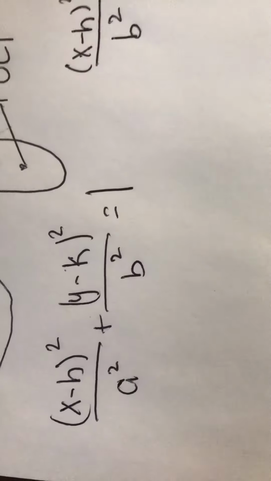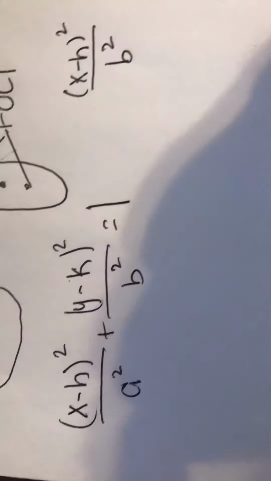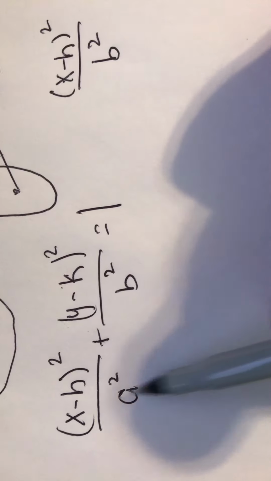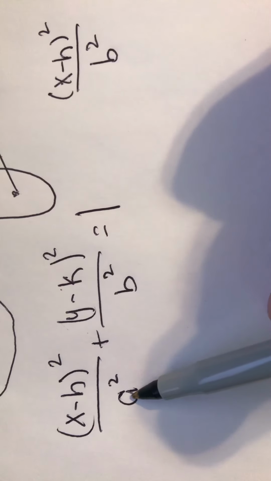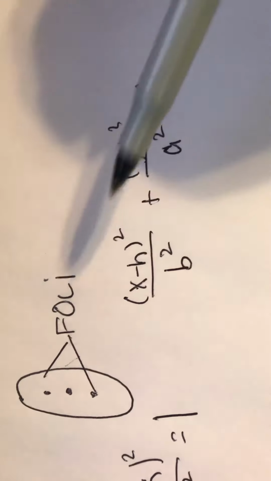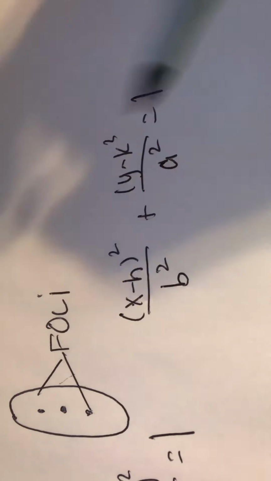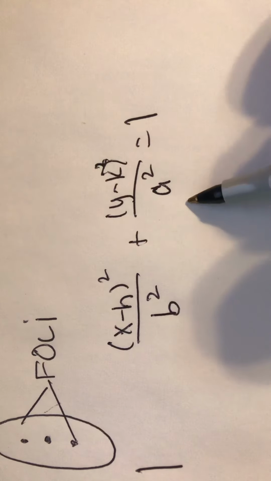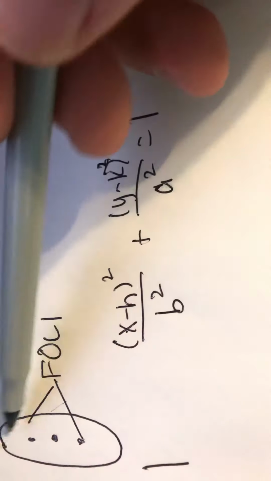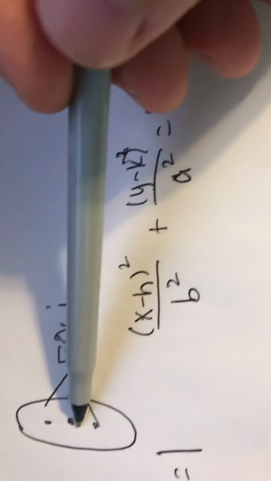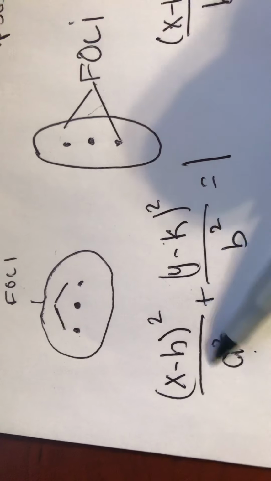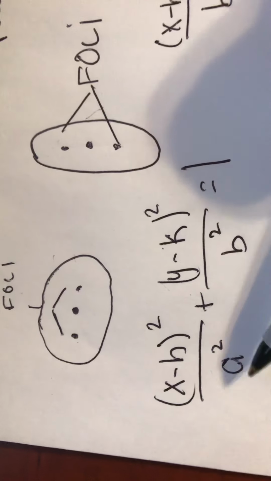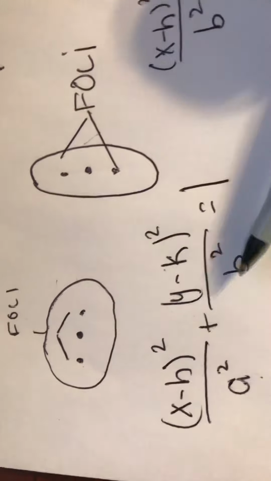Now, see the difference. In a horizontal ellipse, a squared is underneath the x coordinate. In a vertical ellipse, the a squared is under the y variable. Okay, that's important, because notice, it's longer this way if it's vertical, it's longer this way if it's horizontal. So that would tell you that the a value, or particularly the a squared value, is always bigger than the